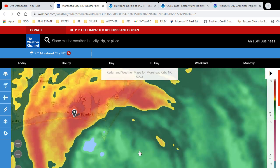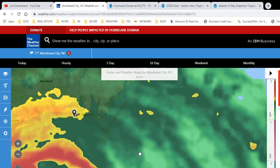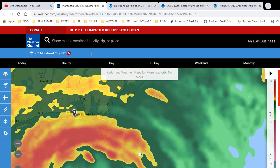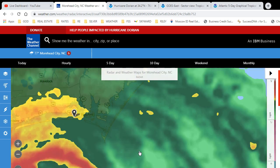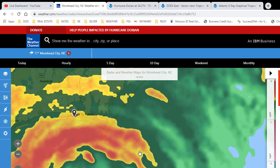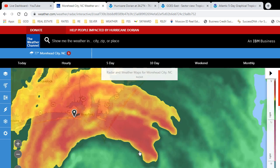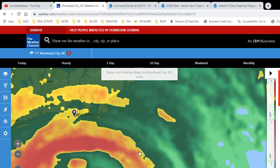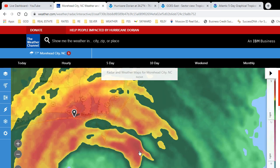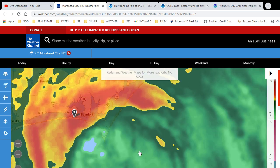But what they figured was going to happen once the track kind of got semi-defined and figured out. It went a little further west out of the Bahamas than they expected. A little closer to Florida than they expected, but it has stayed off the coast so far, which has allowed it to keep its strength, so it's not necessarily a good thing. It is a good thing that it lost a little. It's not a Cat 5 going along the coast here. That would be absolutely horrible. You'd see 2 times the wind speed and the rainfall would be intense. The hurricane itself might not be as wide, but